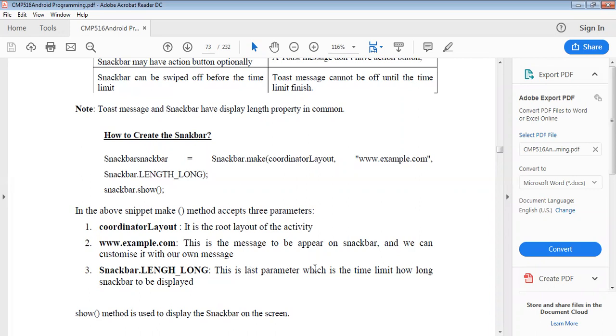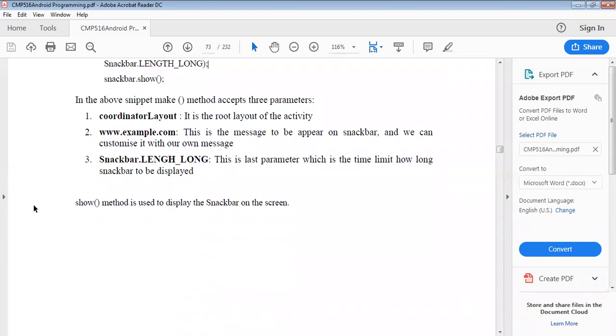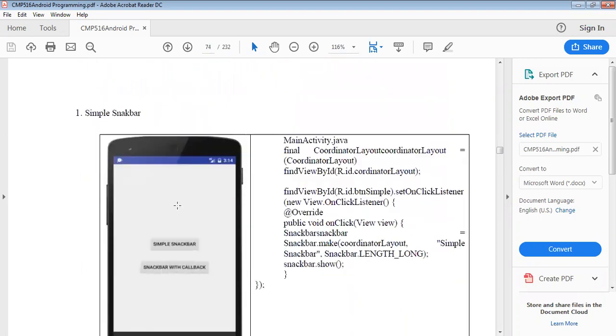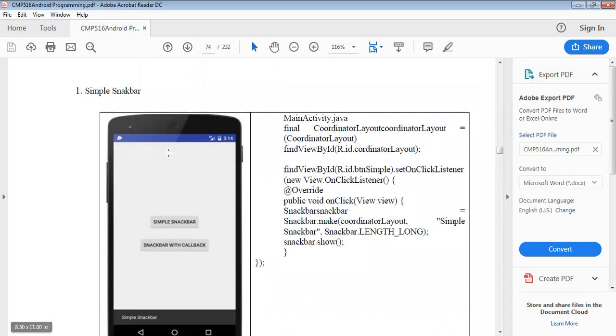The last parameter is the time limit, how long the Snackbar is to be displayed. And the show method is used to display the Snackbar on screen. So it is a simple example of a Snackbar.